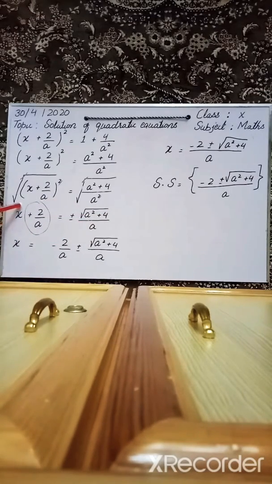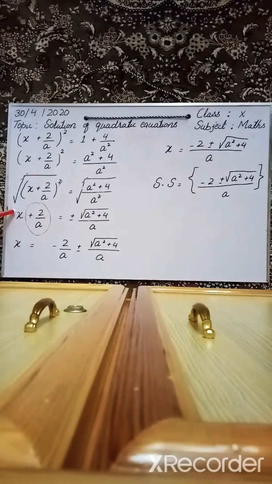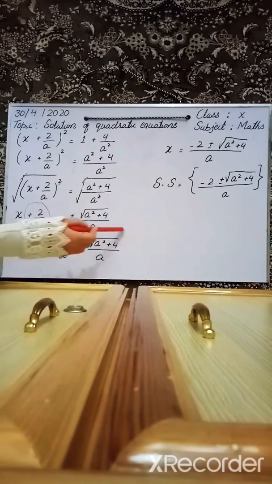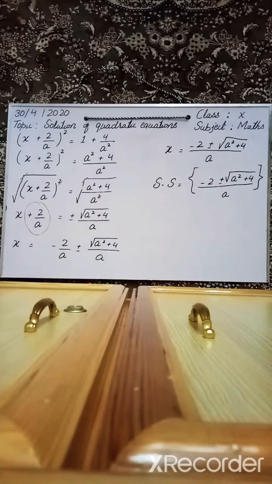So what we have to do here is find the value of x, and with x we don't need plus 2a. So plus 2a should be shifted to that side of the equation, and it will become minus 2a. This means we have found the value of x, but we can always write our answer in simplified form, meaning it can be further solved.